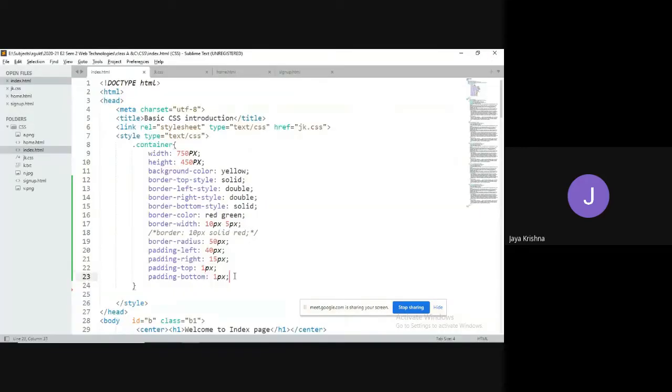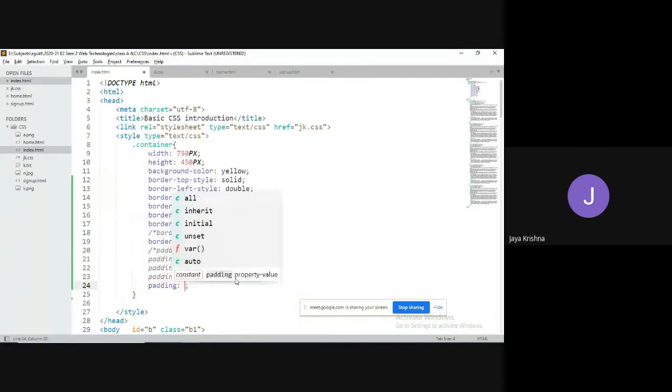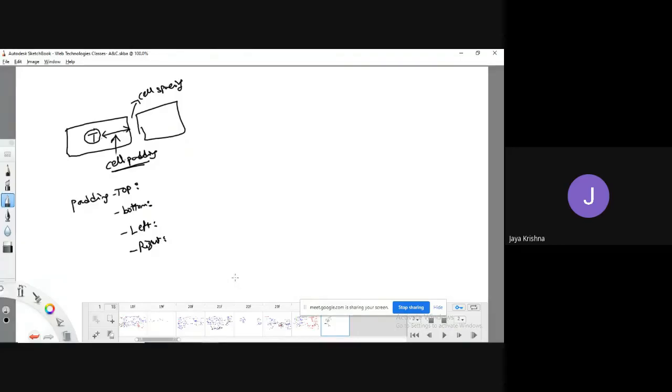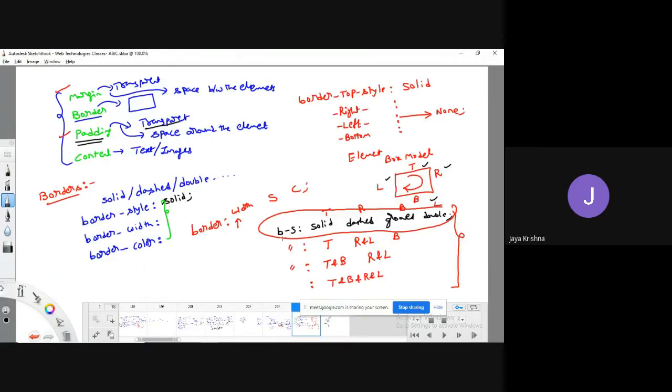So instead of writing all these 4 statements, we can go for again a shortened property. The shortened property we call it as a padding property. Here, for example, I'm defining 4 properties. The same concept will be applied.